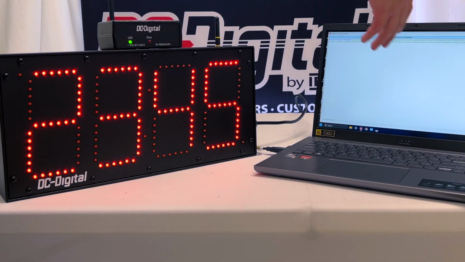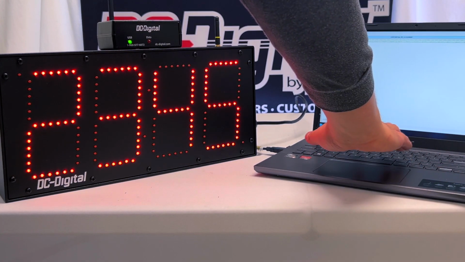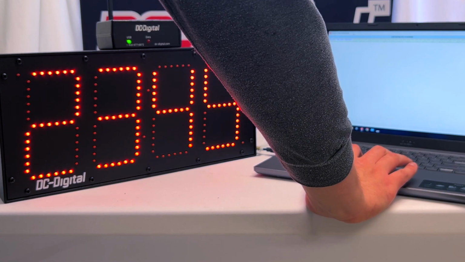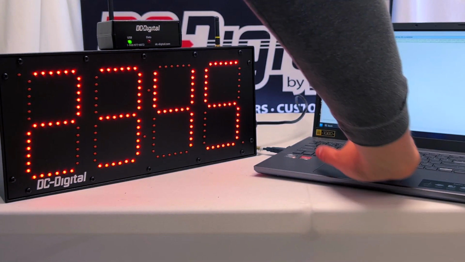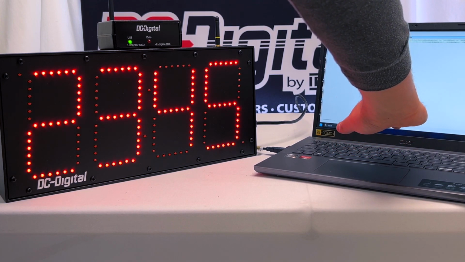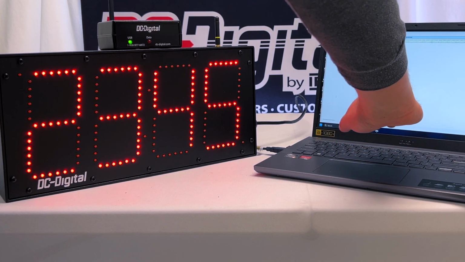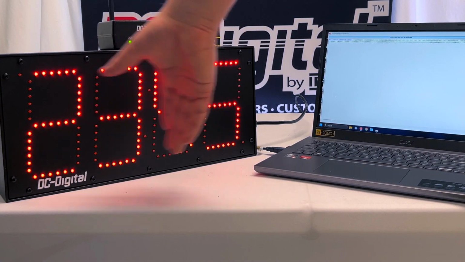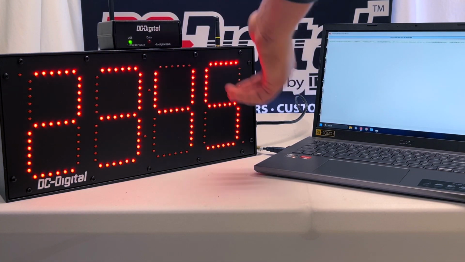So I have with me right here our computer that we're going to be typing in the codes. I'm using a program called Termite. This is what we're using at DC Digital. This is how we type in our codes, or one of the many programs that we use. So I'm going to put in the time of day that it's currently on right now. As we are right now, the display is showcasing our static numbers, and we're going to switch into the